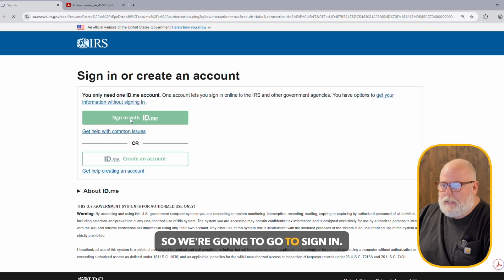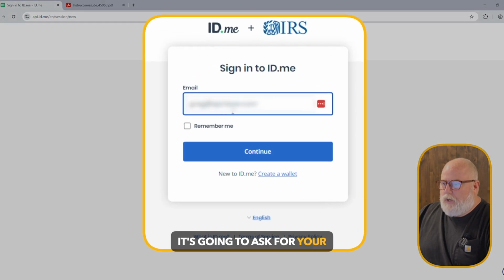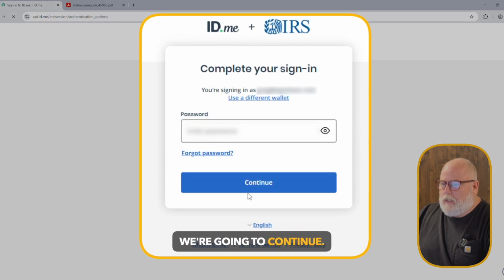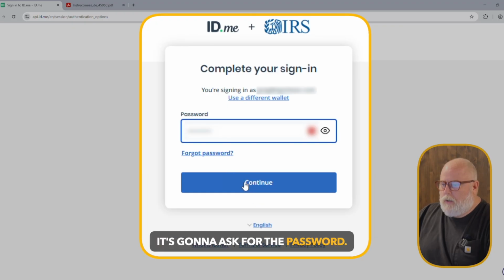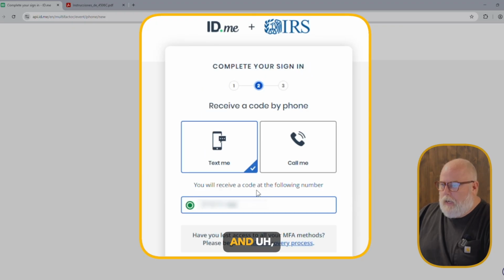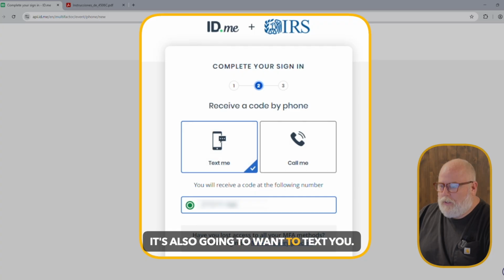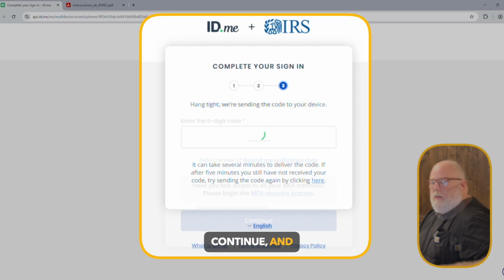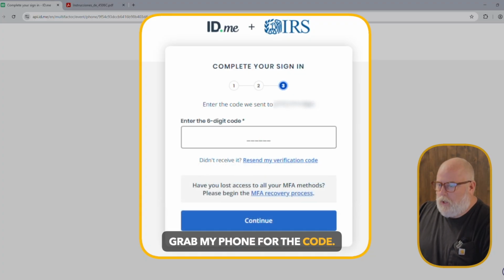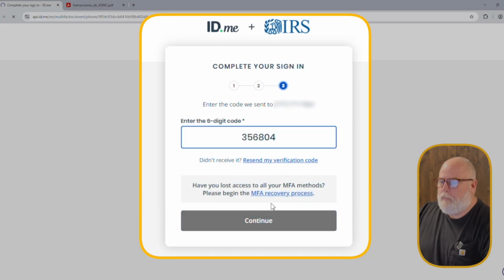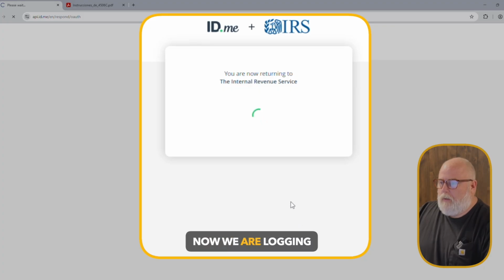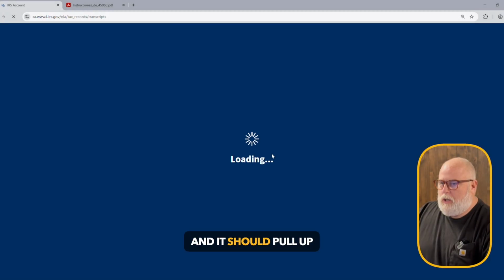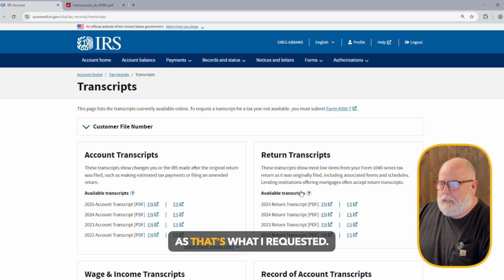So we're going to go to sign in. It's going to ask for your email address. We're going to hit continue. It's going to ask for the password. Going to continue. And the two-factor authentication, it's also going to want to text you. And so you hit text, continue, and grab my phone for the code. Now we are logging into the IRS, and it should pull up on the transcript page as that's what I